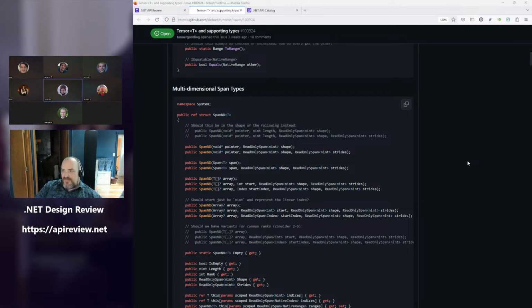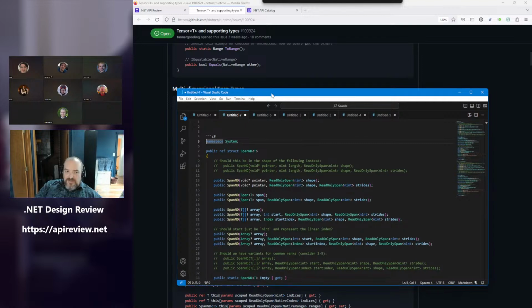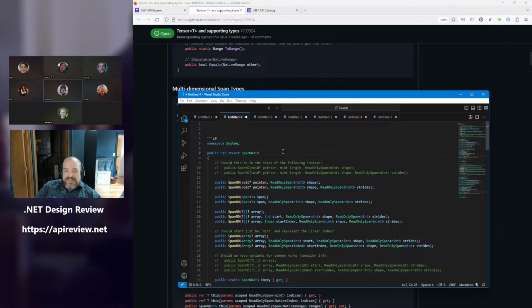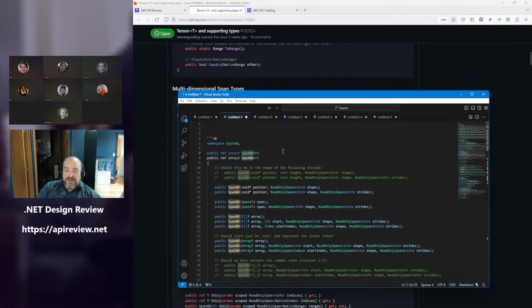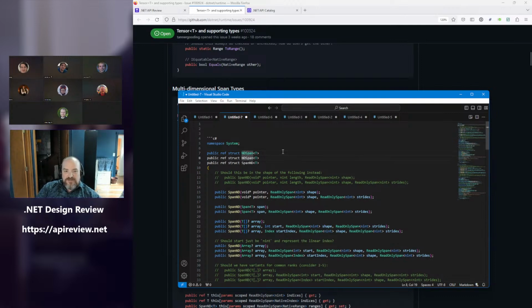So what was the primary objection against NDSpan again? Is it because n is a number and we don't start names with numbers? Was that the primary reason? Or is it just we don't understand the acronym? And then we'd have to rename n. For NDSpan, if I caught it correctly, it was that if we had NDSpan and then made a specialized version called 3DSpan, we can't do that. So then the specialized version would be Span3D. And then, is this too confusing to people? That's not the end of the world, but it's good to think about.